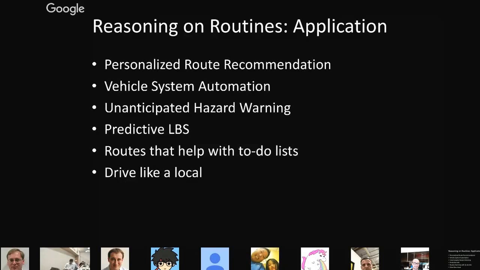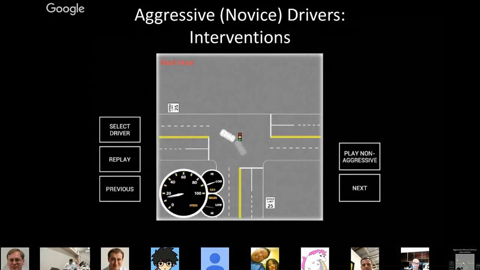We can also do things like predictive navigation. So by learning what your preferences are, we can predict where it is that you're going. We can see that an accident might be, or there's some kind of congestion along the way. And even though you're not using the application directly, it can still prompt you and say, hey, we think this is where you're going. We think this is the path you're going to take. We can provide you information about an upcoming hazard that's coming up.